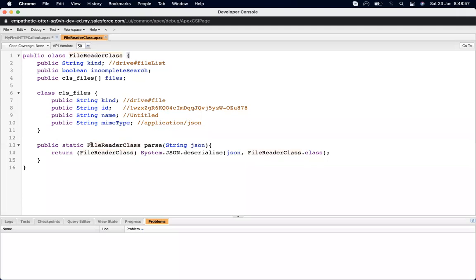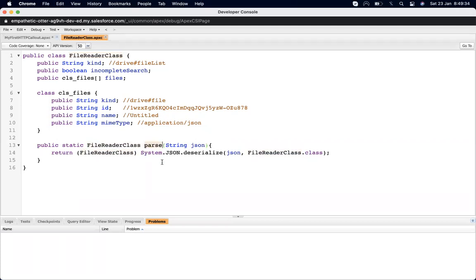It's a class, and the class has a method called parse, and its return type is a class. Parse is a method name. Return type is like integer, string, just like that. We are returning a class object.